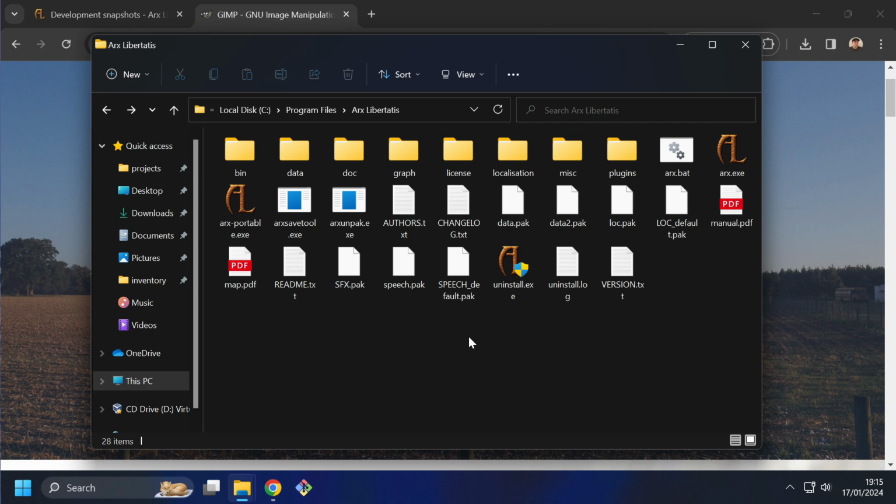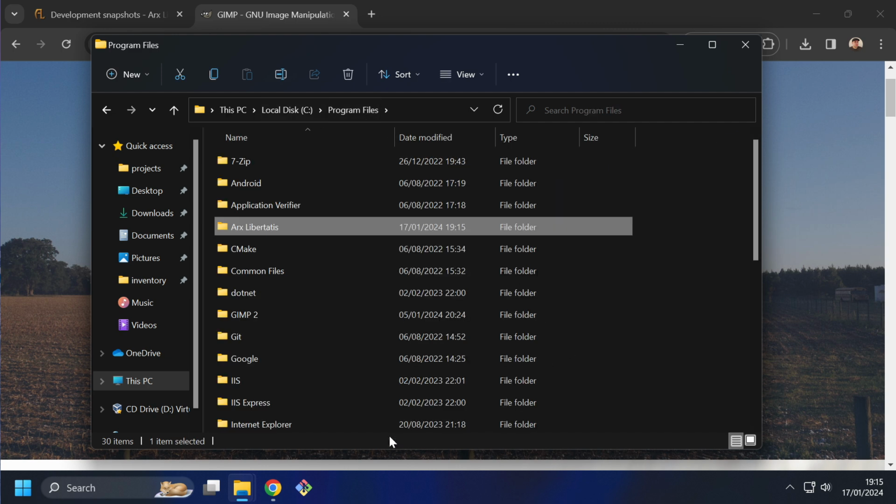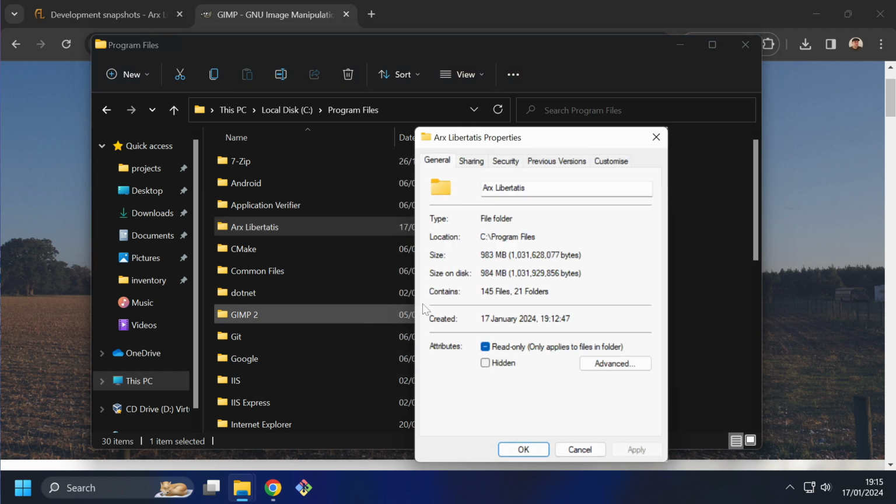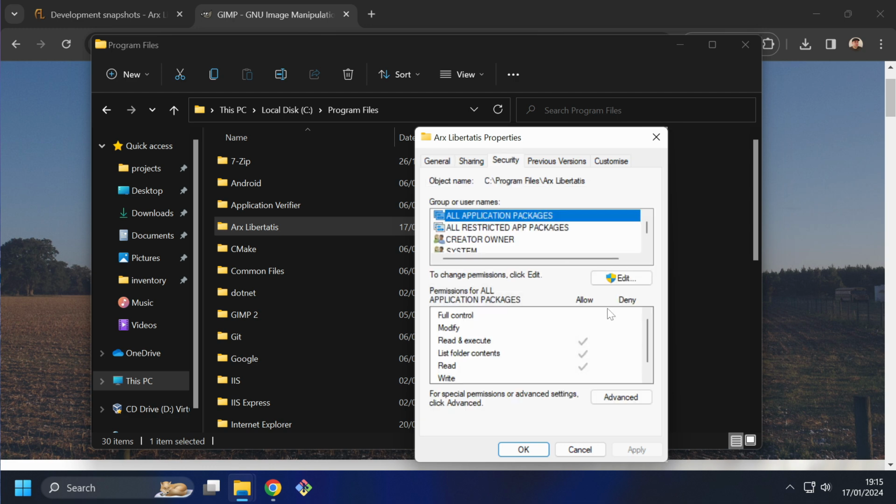So in order to not tear your hair out and not have to do this every time, go up one folder and then right click on Arx Libertatis and go to Properties. This will be the same in Windows 10 also. Go to Security and then click Edit. It doesn't matter what is selected here. Click on Edit